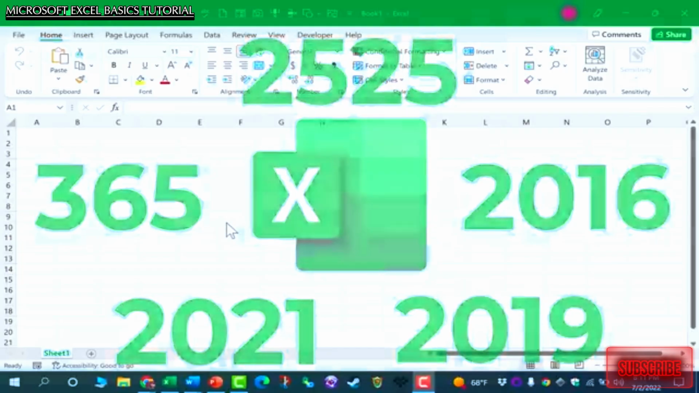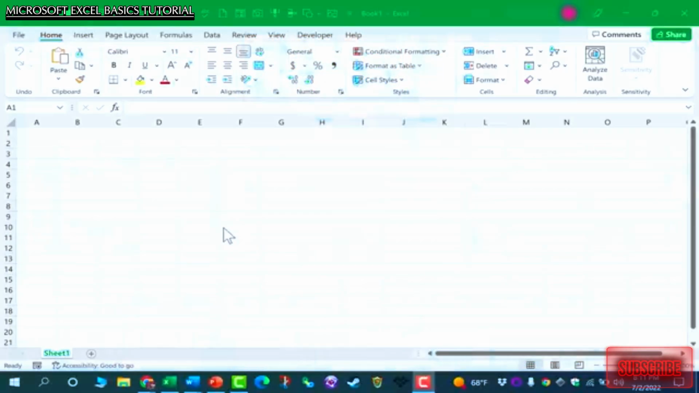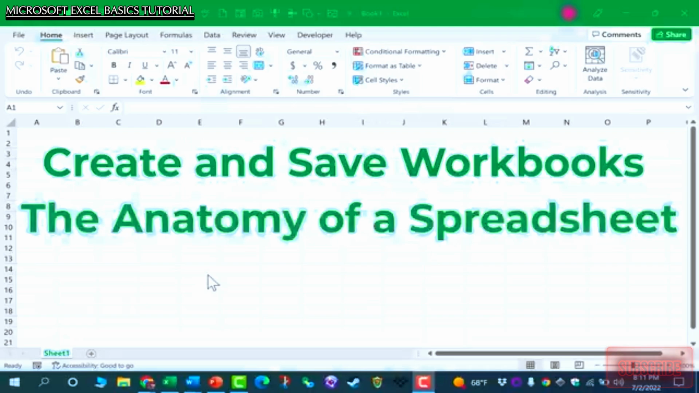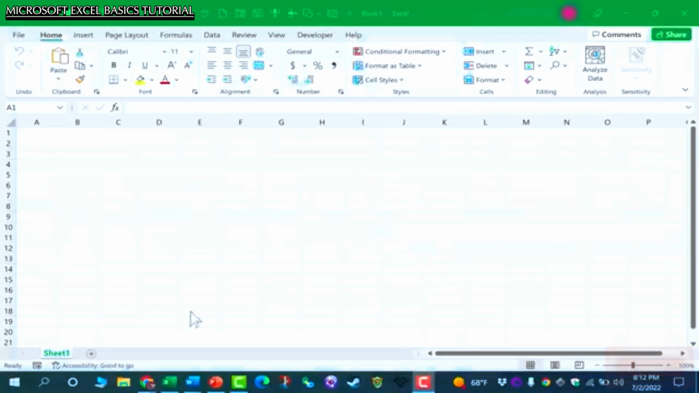get started using Excel. In this first section, we're going to look at how to create workbooks in Excel and how to save them. And also we'll learn the basics of what I call the anatomy of a spreadsheet and also the layout in Microsoft Excel. Let's get started. So whenever you start up Excel, it should take you first to a screen similar to this